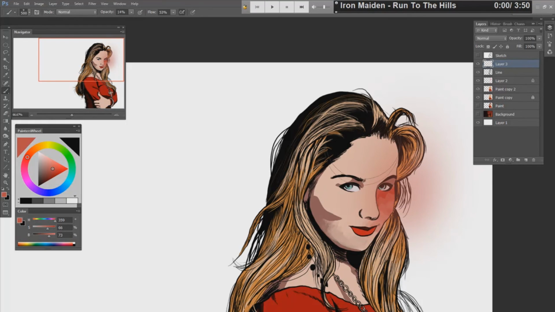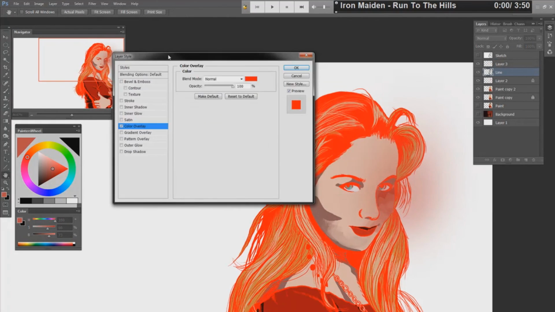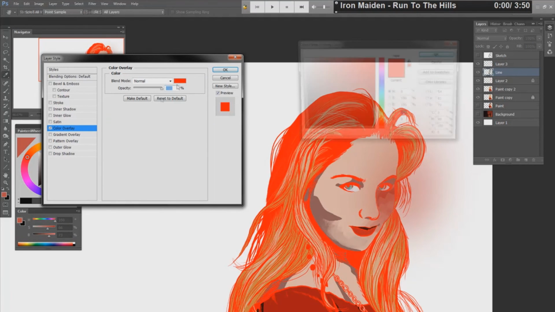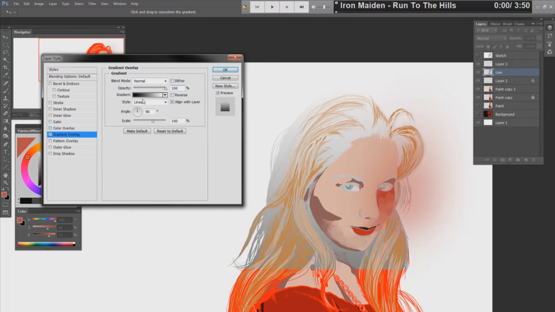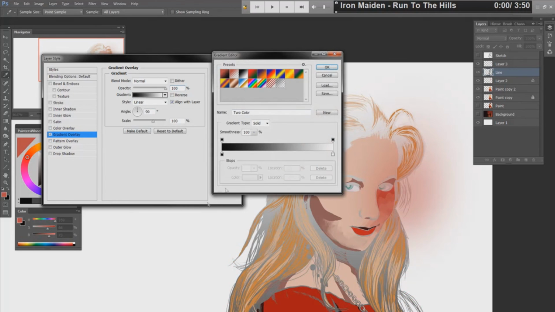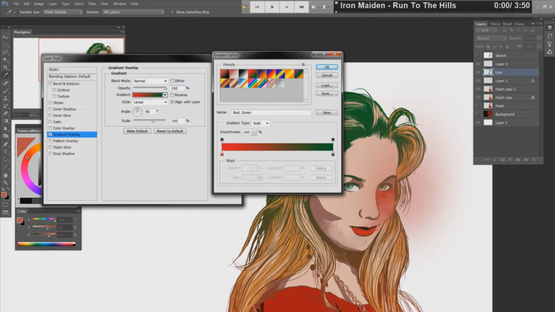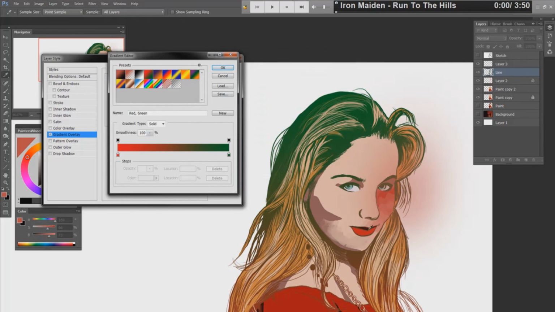Because true black, like really black, or I should say digital black, is not a real color. You can't see that in real life, so it stands out a little bit too much. Another way I do it is I give a color overlay to the line art. I usually do it with a gradient overlay, so you can get a little bit more color dynamics. This is just an example, but you can play around with these sliders